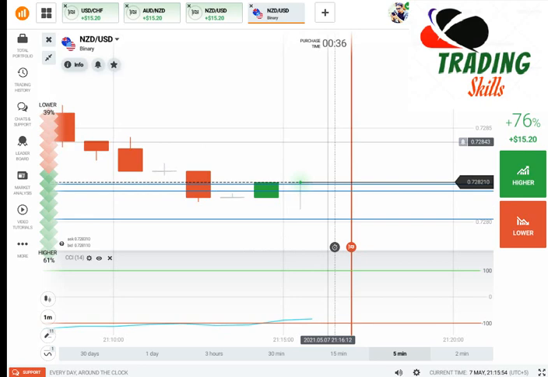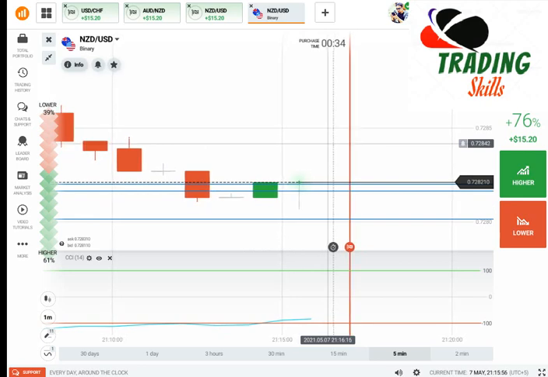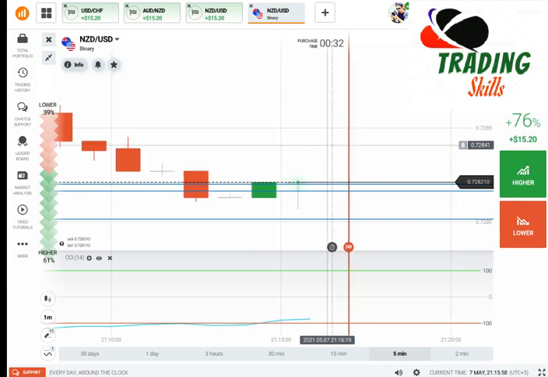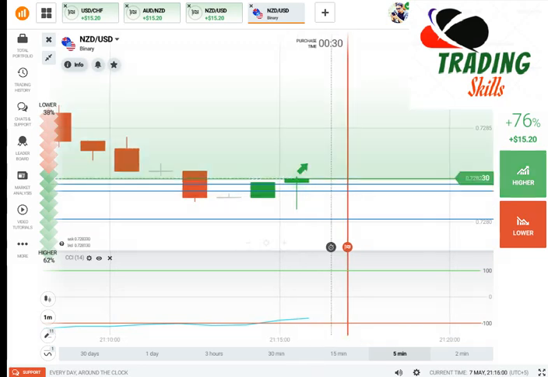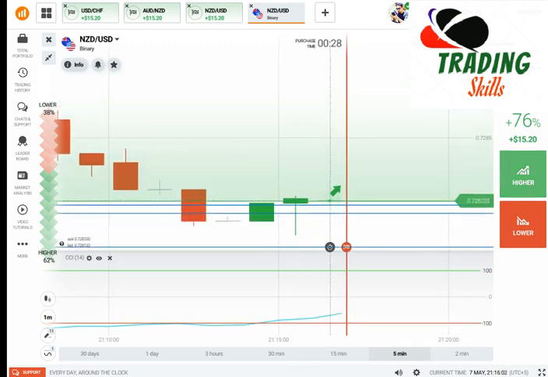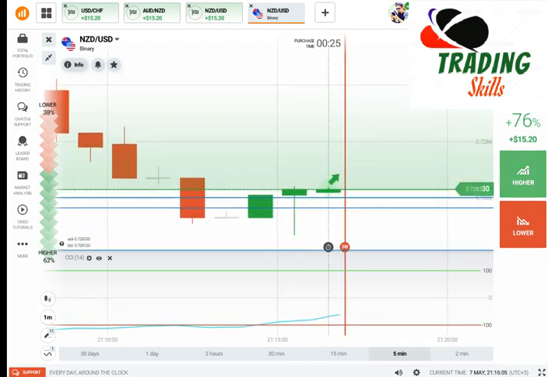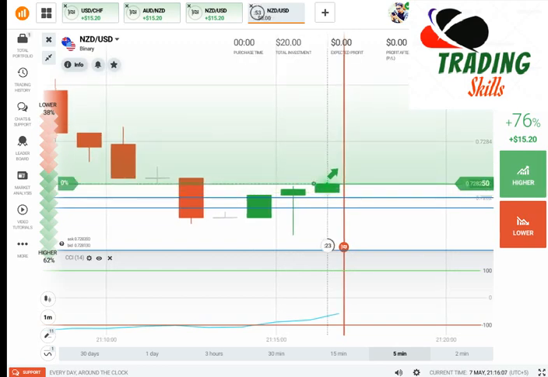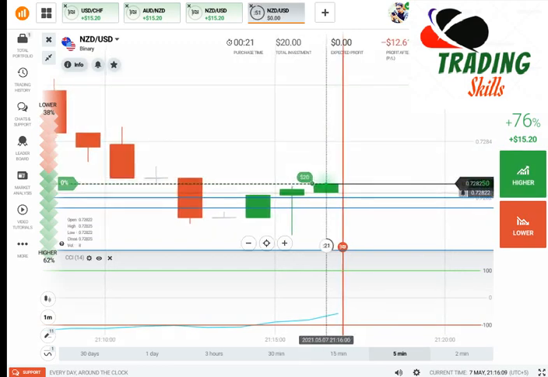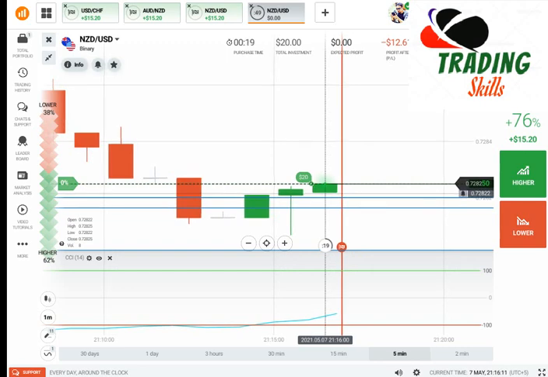So now you can see, I'm seeing a doji here again. Now waiting for a very good entry point. If the candle goes up, it gets a rejection. Now I can, okay, I'm late. So my entry point was this,